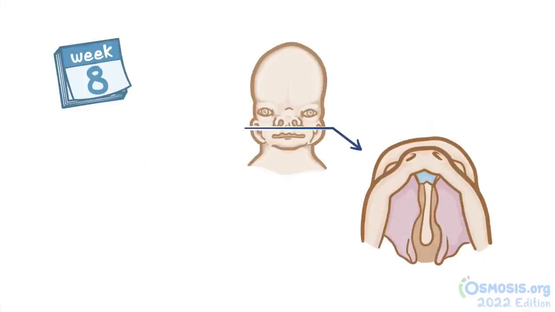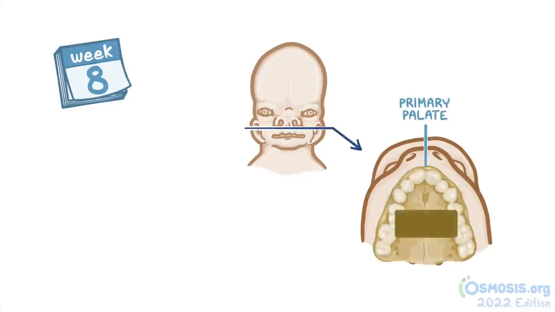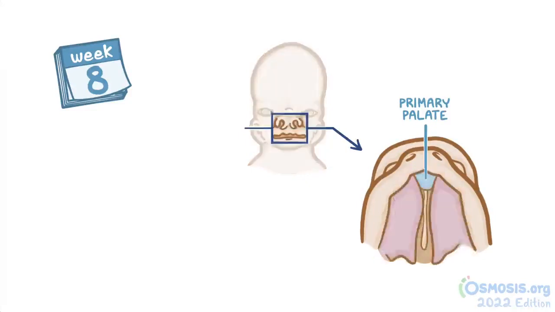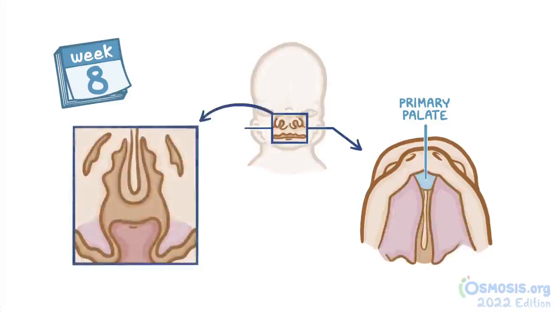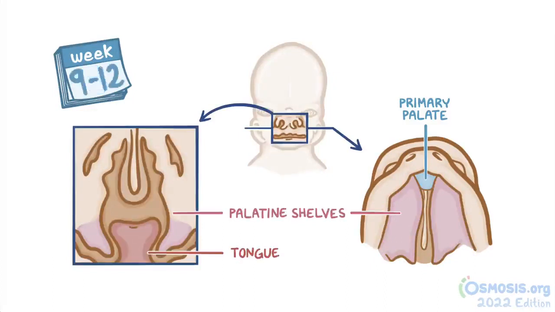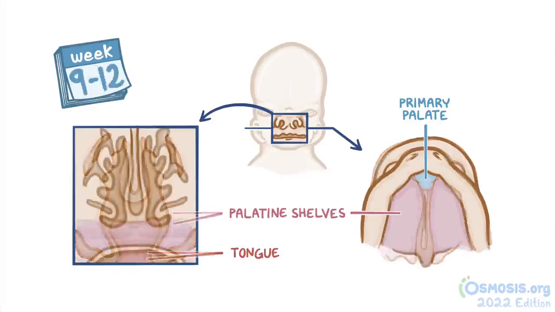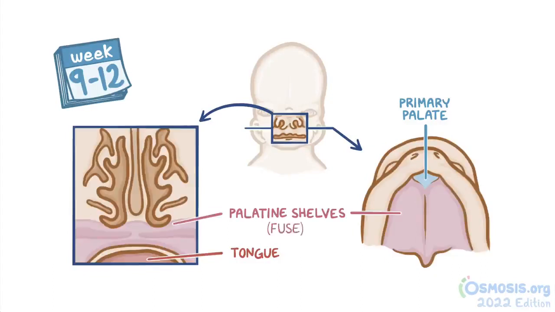Alongside this, a triangular plate of tissue, the primary palate, grows from the back of the intermaxillary segment and extends till it reaches below the incisive foramen of the skull. The maxillary processes then develop a pair of shelf-like processes called palatine shelves, which grow vertically downwards on either side of the developing tongue. As the mandibular process grows and expands, the tongue descends down, creating room for the palatine shelves to elevate into a horizontal position, and then grow medially until they fuse with each other and with the